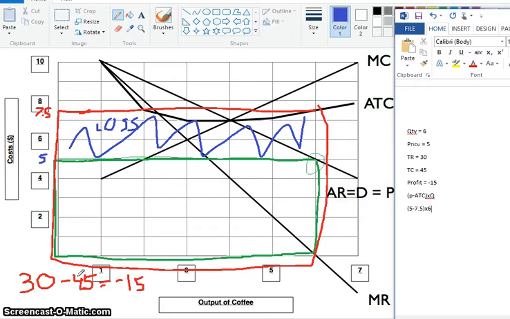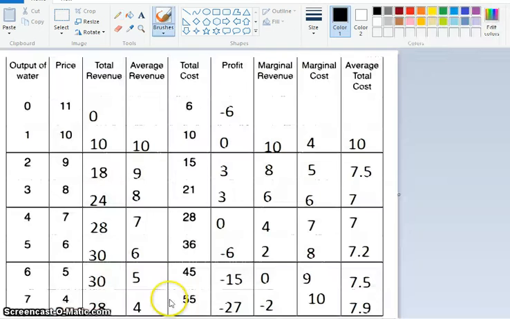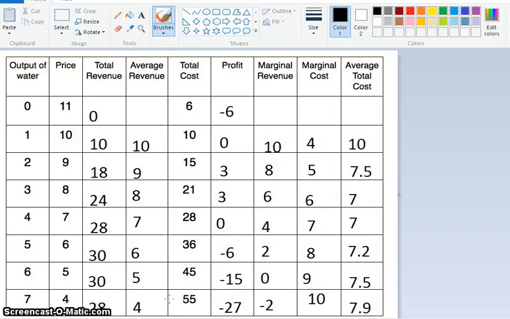Okay, so here's what I want you to do. I want you now to try on your own, try and see if you can find the areas for total revenue and total cost and profit. Let's go right to 3. This is going to be our profit maximizing output. So go to 3. I'm going to stop the video, you try it, and then I'll work you through it. See if you do it correctly, all right? So try that right